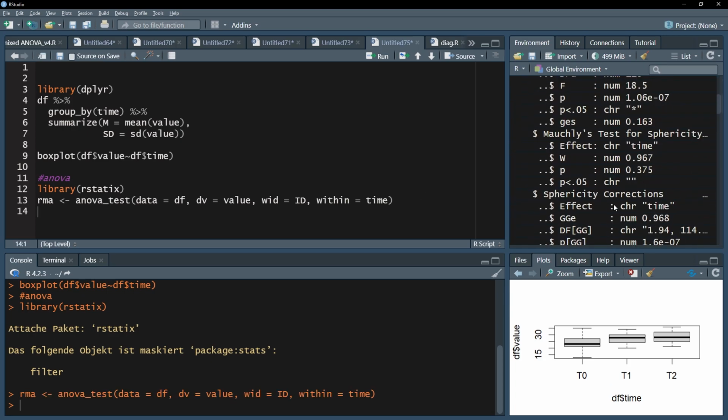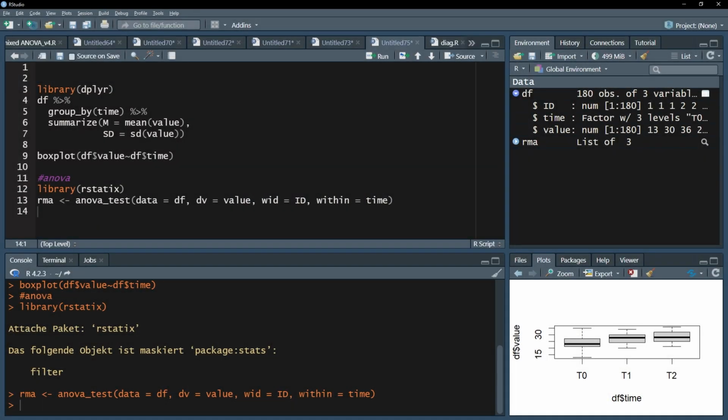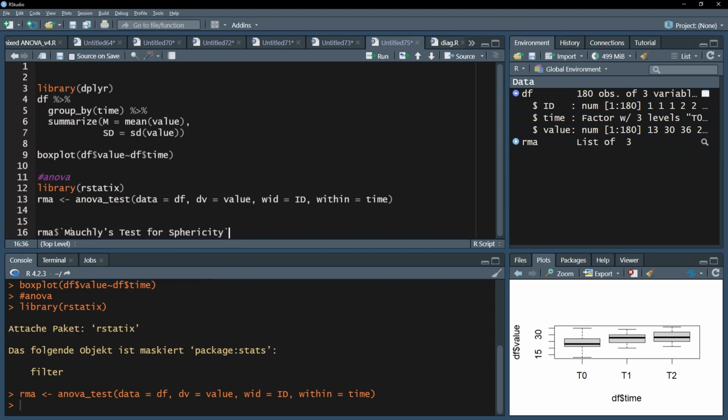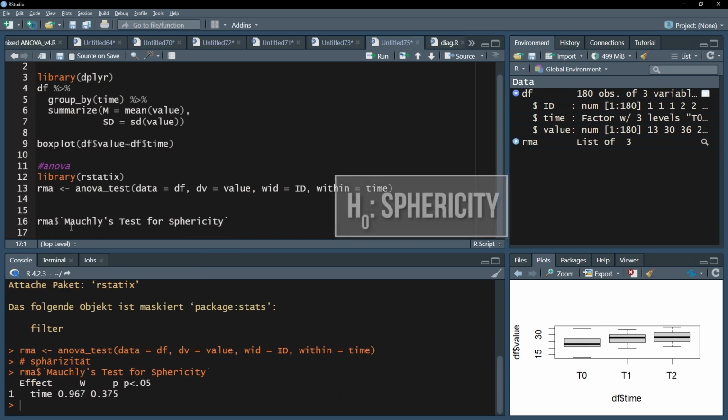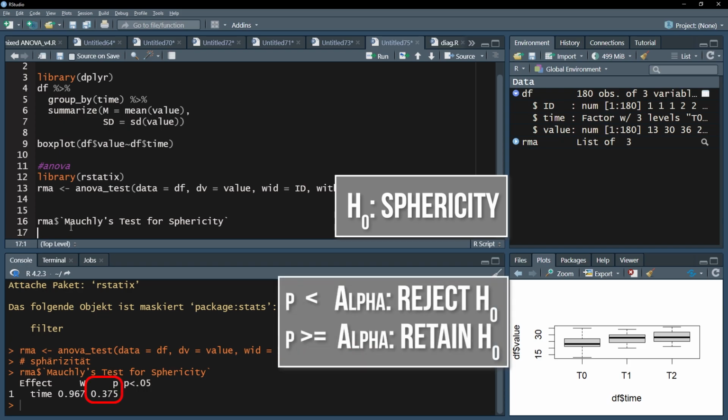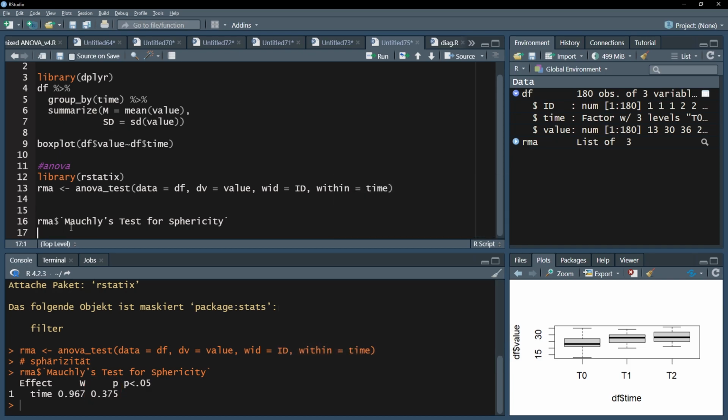As promised, I will now test for sphericity. I can simply address it in my vector by calling $ and Mauchly's test for sphericity. The null hypothesis for this test assumes equal variances for the differences. If its p-value is above the predefined threshold, you can observe sphericity in your data. In case you can't, the ANOVA will automatically apply a correction for non-sphericity. The interpretation of the corrected results is identical to the non-corrected results I will now provide for my example.